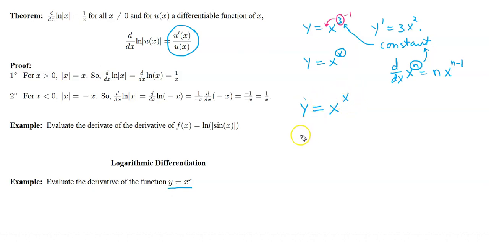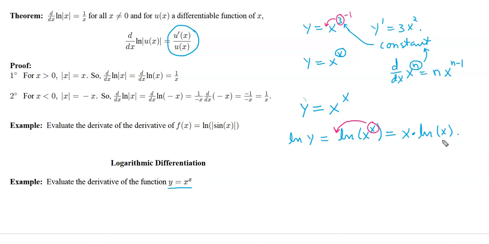So if we take the ln of both sides, now what we can do is drop this x out in front of the natural logarithm, and then we have it out of the exponent. And so this is equal to,